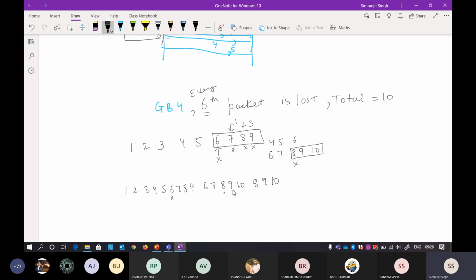From here count 1, 2, 3, 4, 5. Now count how many packets you have transmitted: 1, 2, 3, 4, 5, 6, 7, 8, 9, 10, 11, 12, 13, 14, 15, 16, 17. So in total, 17 packets are sent when you're using the Go Back 4 protocol where every 6th packet is lost.